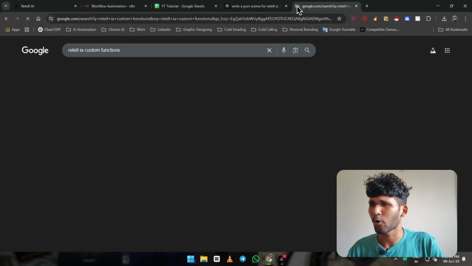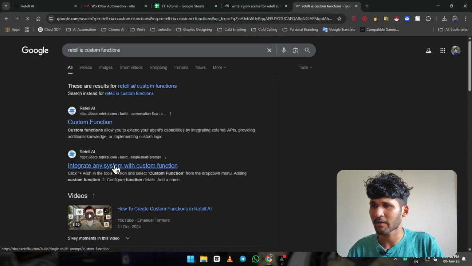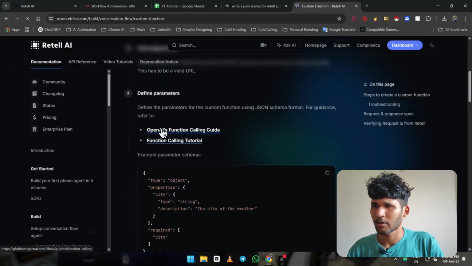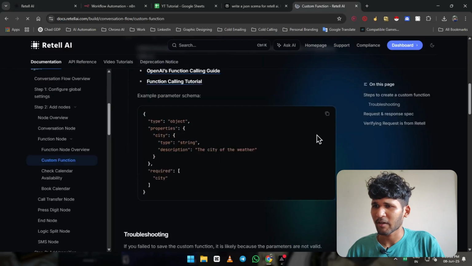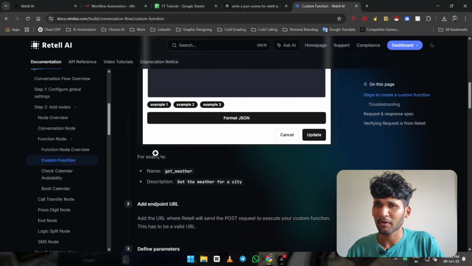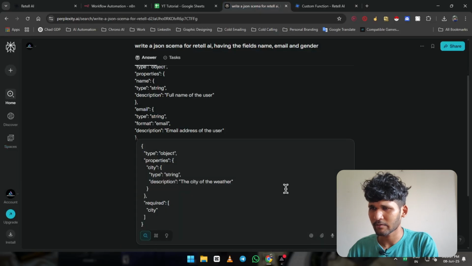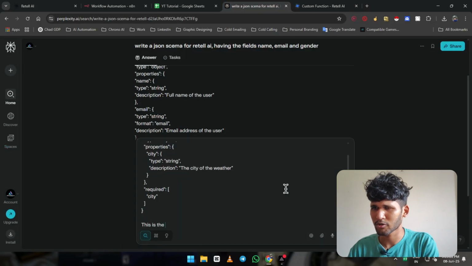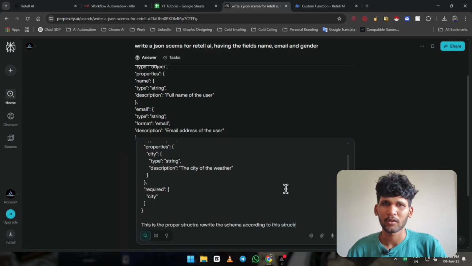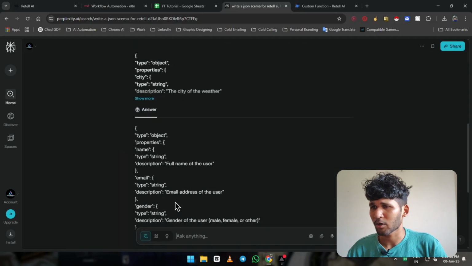Its original doc is going to open up. You can copy it, because this is the proper one, give it to the AI and say this is the proper structure, rewrite the schema according to this structure. Then it is going to give you the right one.